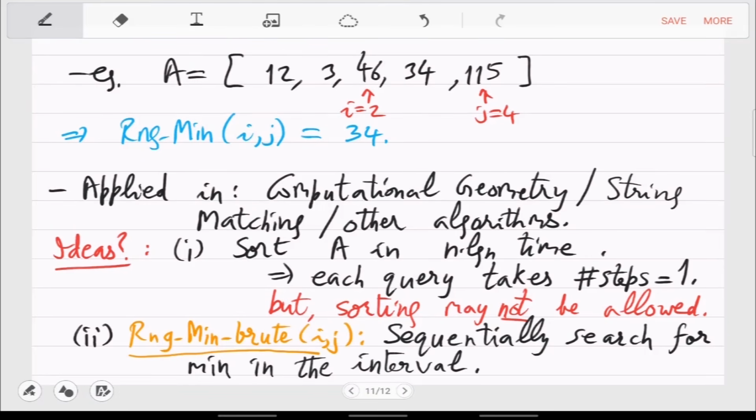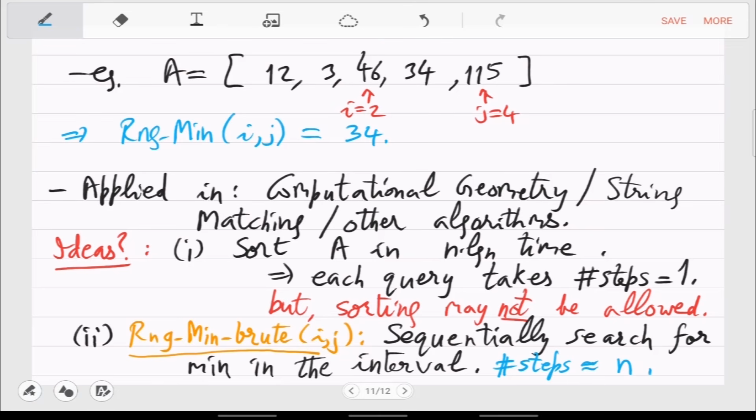Okay. So again, you have the same problem. This number of steps, you have seen this example by now many times. That number of steps in the worst case here is n, right? So the same problem, if n is 10 raised to 8 or so, then per query you are spending a significant amount of time. So this is not a good DS.